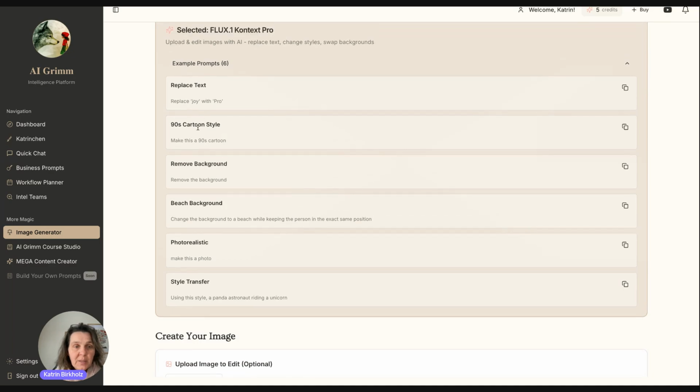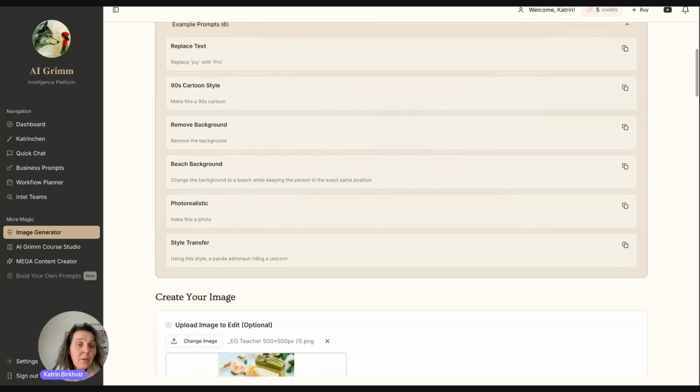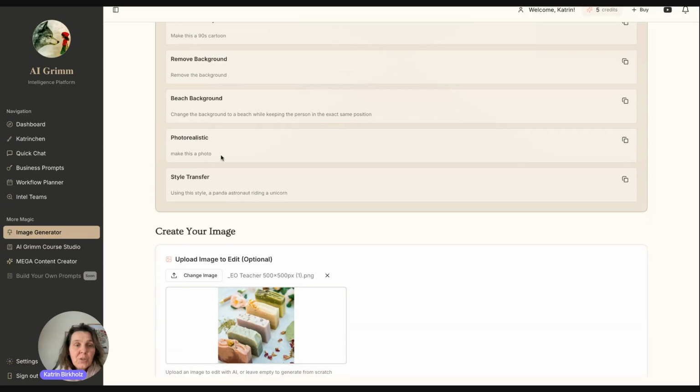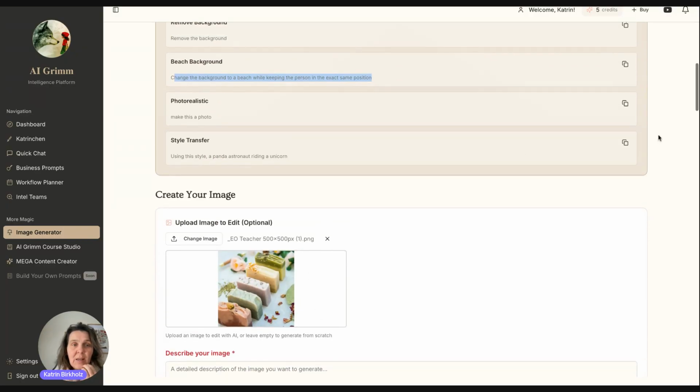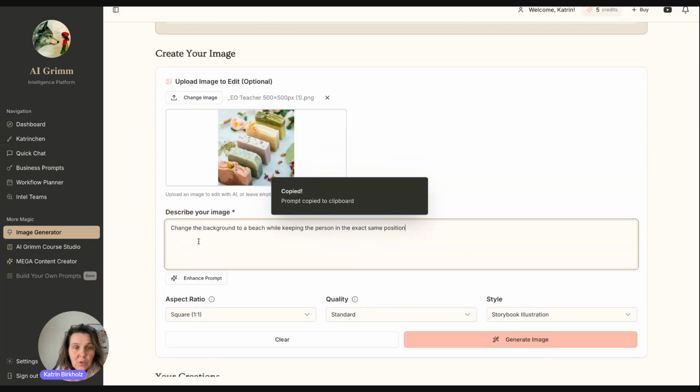You can replace text, you can make it 90s cartoon style, so you can choose a different style. You can remove the background, you can put another background in. And so these ones are all very short prompts. So let's say we want to have a beach background with a soap here. So we can just go ahead and say change the background to a beach while keeping the soap